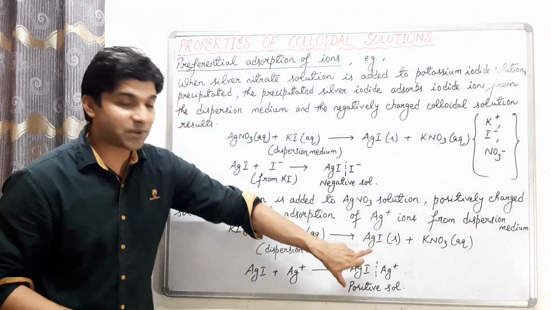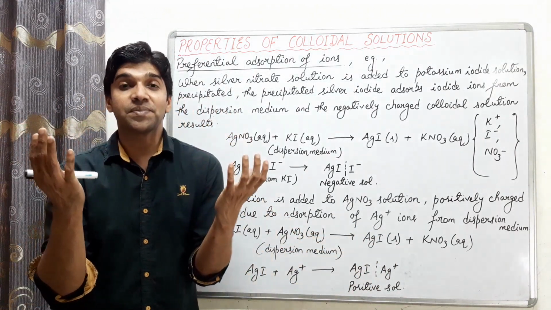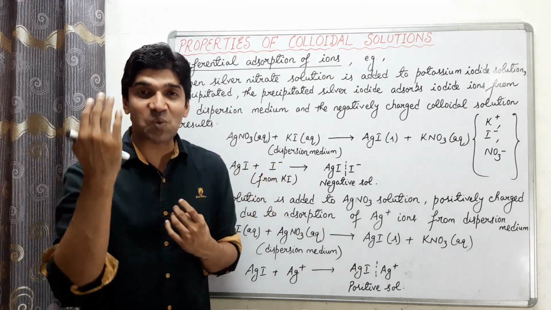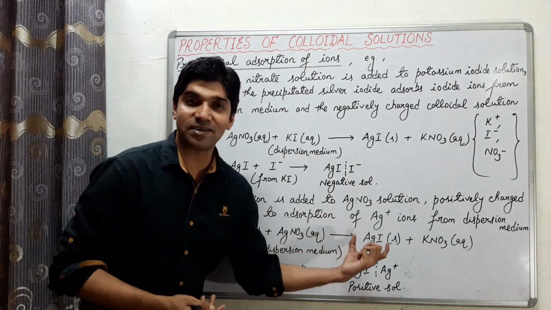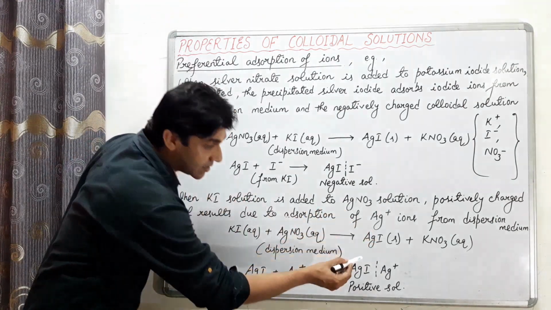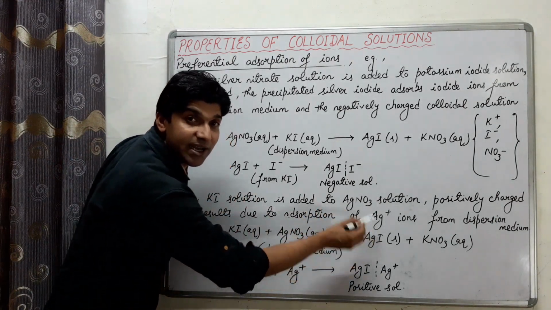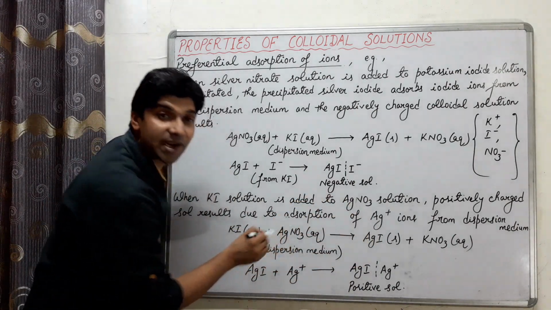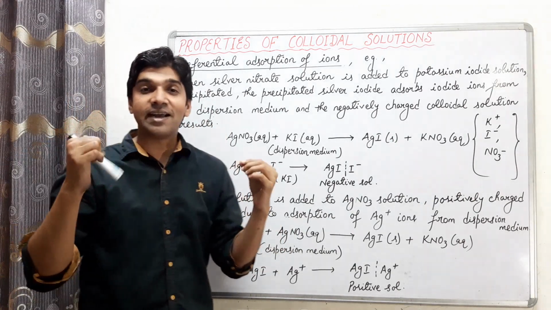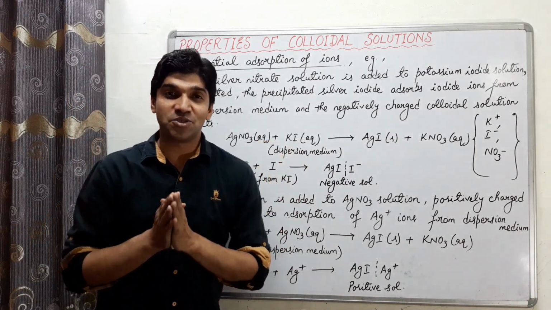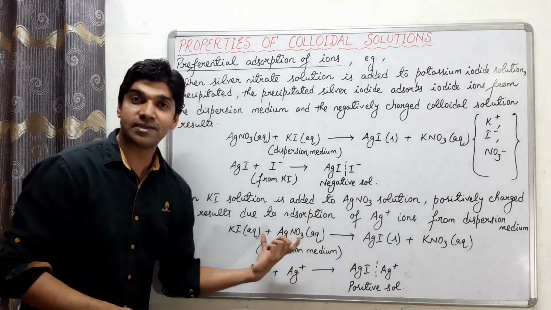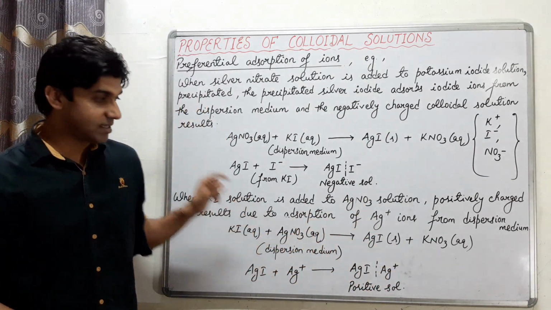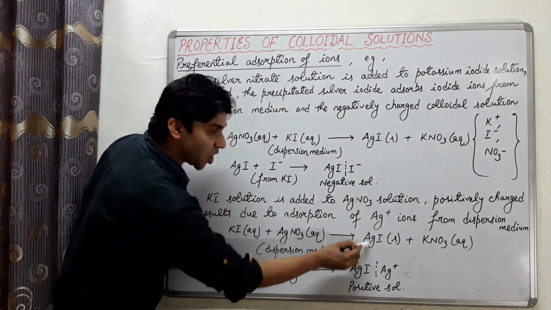कैसे? This PPT of silver iodide will acquire, will absorb ion. Which ion? Which is common to the colloidal particle. In this case, इसमें ion कौन कौन से हैं? सिल्वर आयन और आयोडाइड आयन. और डिस्पर्शन मीडियम में कौन से हैं? सिल्वर आयन और नाइट्रेट आयन. सो कौन सा आयन एब्जॉर्ब करेगा? जो दोनों में कॉमन आ रहा है, पार्टिकल्स ऑफ कोलॉइड में भी और डिस्पर्शन मीडियम में भी. सो इन दिस केस सिल्वर आयन इज कॉमन.